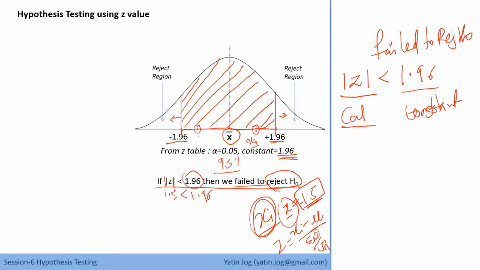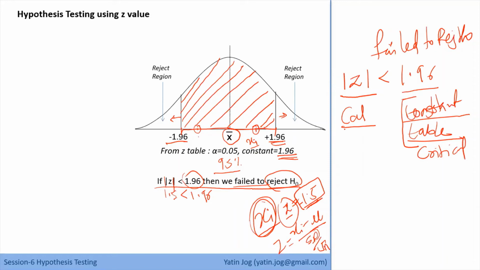So 1.96 is a constant for a confidence level of 95%. Where did we get this constant from? The 1.96 for 95% comes from a table. This constant you get from the Z table. In case of T, it will be from the T table. In case of F, it will be from the F table. And in analysis, these constants or table values are also called critical values.